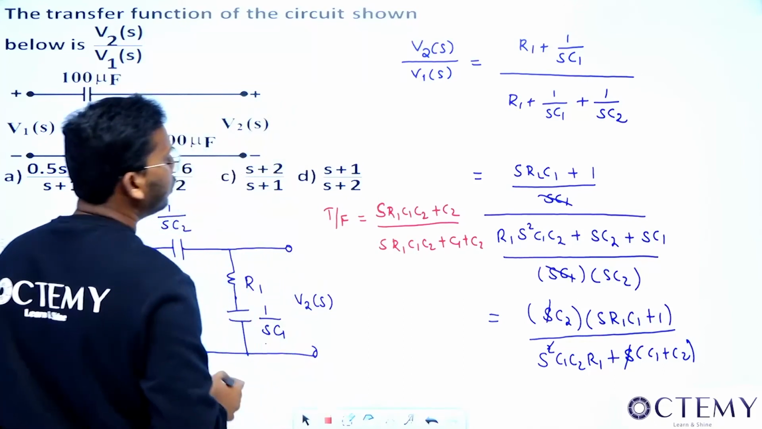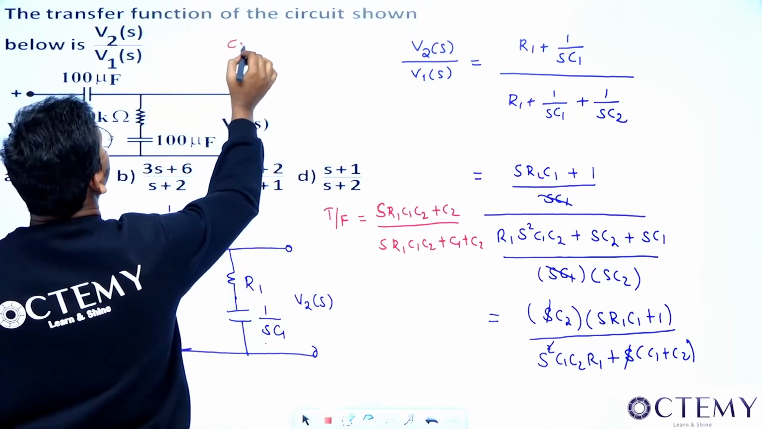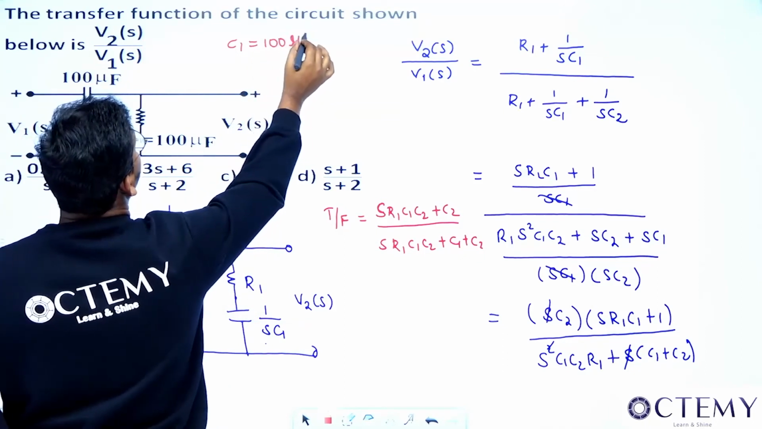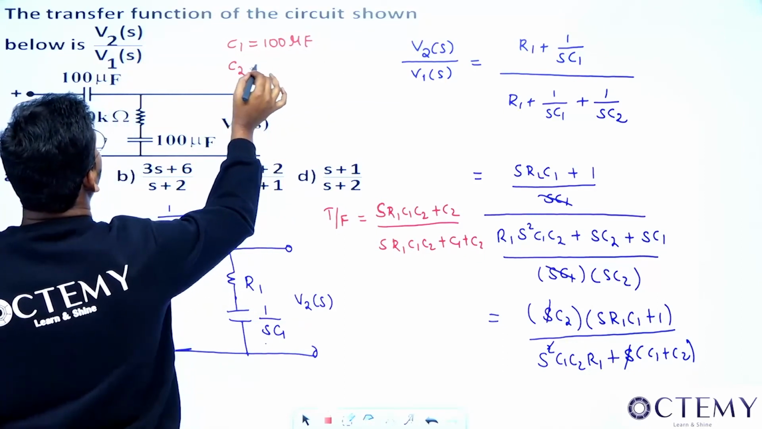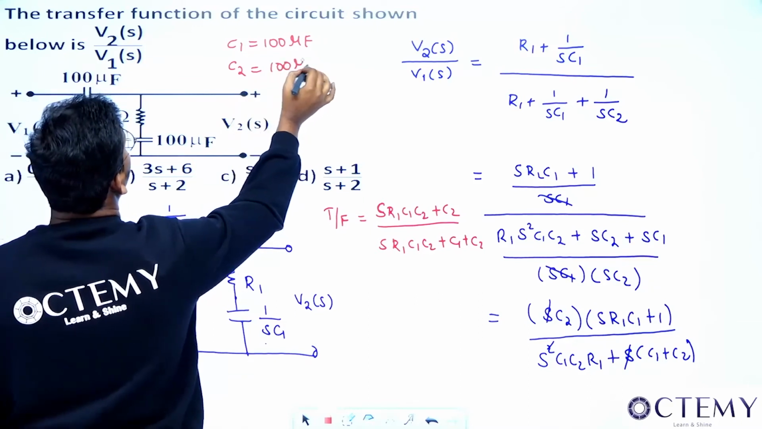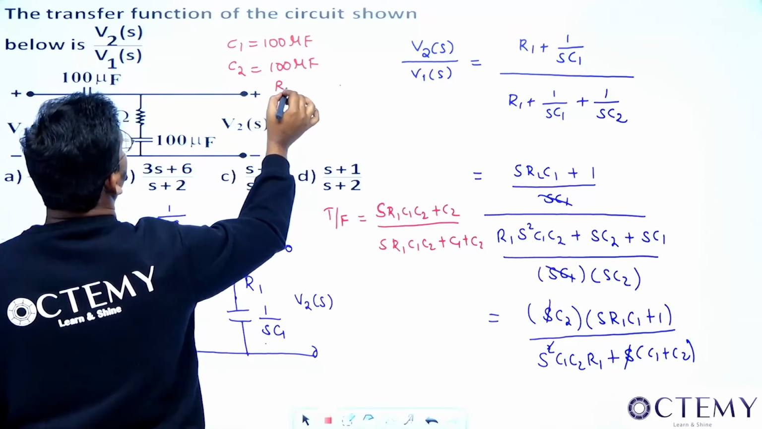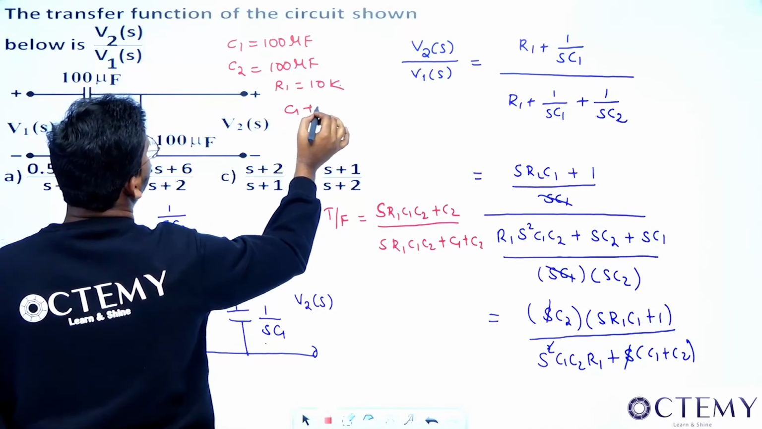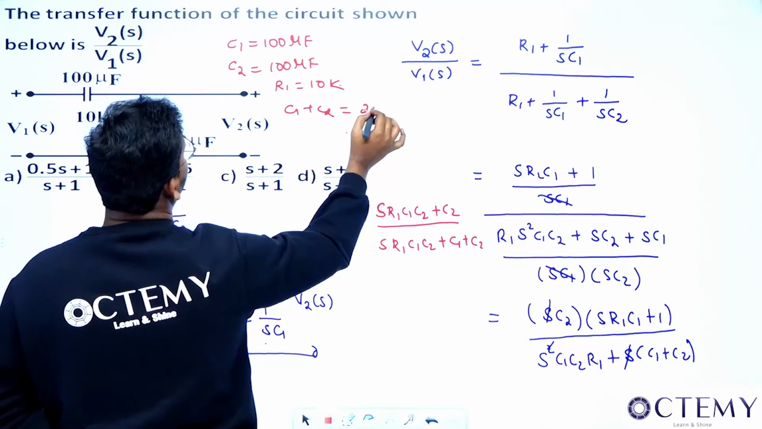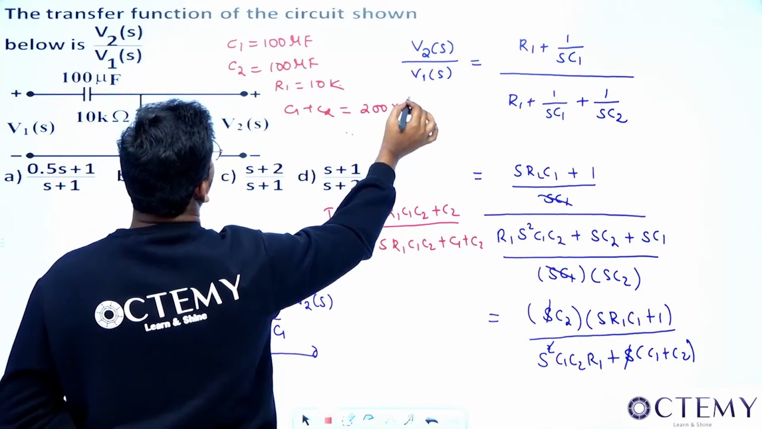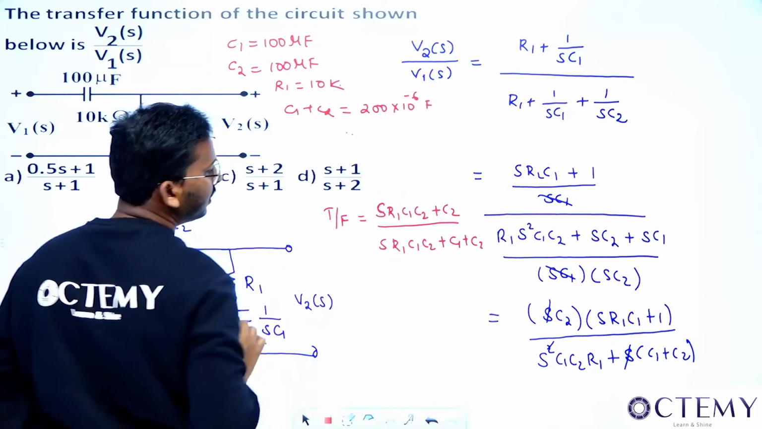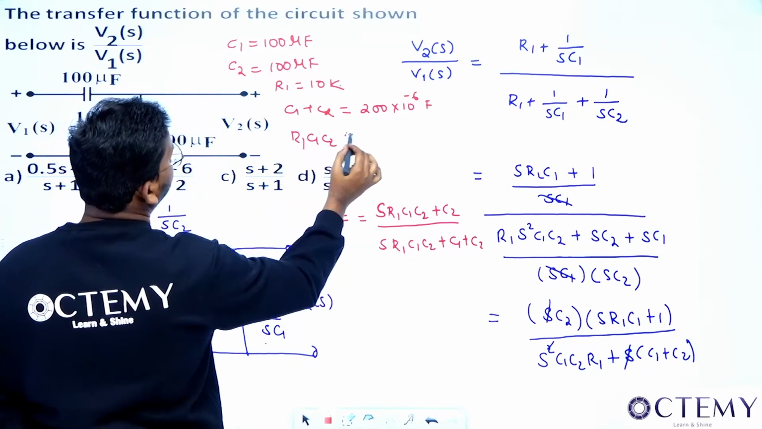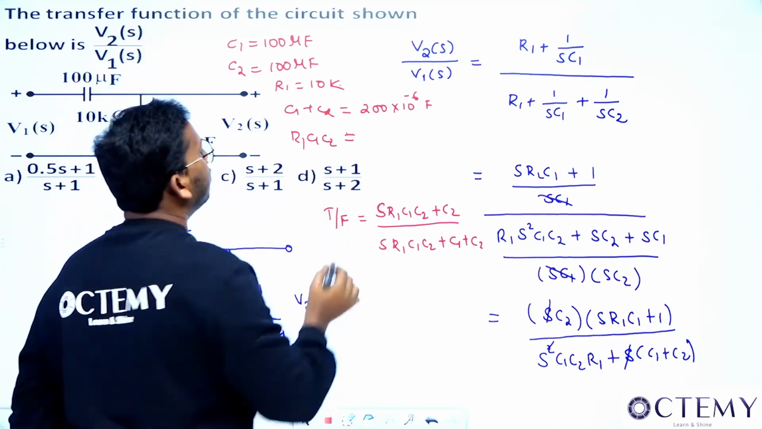So let us substitute the values, sir. What is C1? C1 is 100 microfarad. C2 is also 100 microfarad. And what is R1? 10 kilo ohm. So when you want to find C1 plus C2, that will become what, sir? 200 into 10 power minus 6 farad. That's C1 C2, and R1 C1 C2. When you do this, what will you get? That is 10 power 4